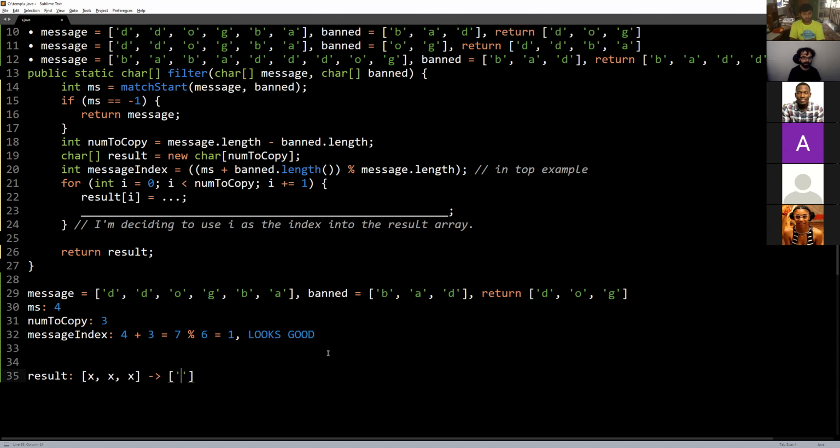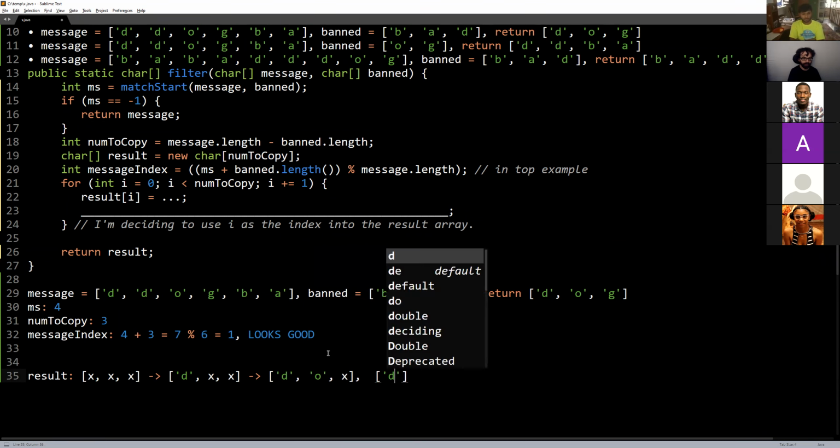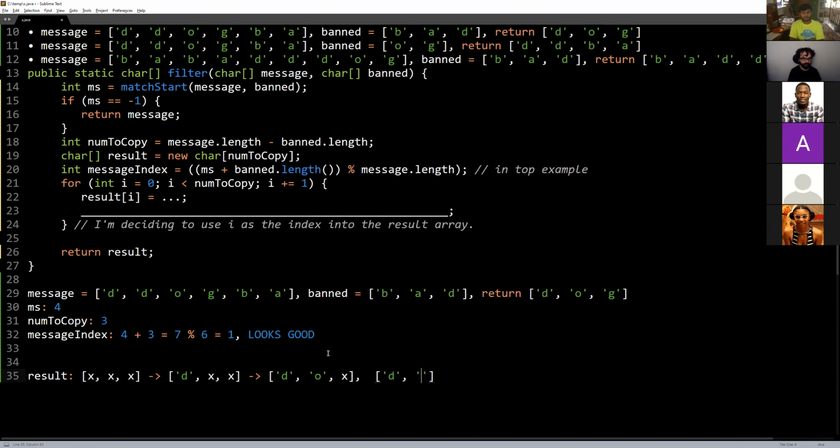So it goes from x x x to d x x, to d o x, to d o g. All right, so that's the way I'm thinking about this thing. And so this code right here is going to do it. Now I just need to put the correct thing on the right-hand side.